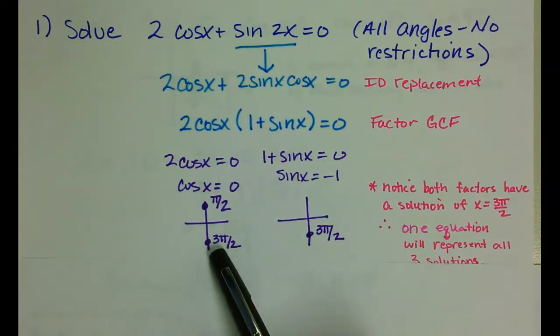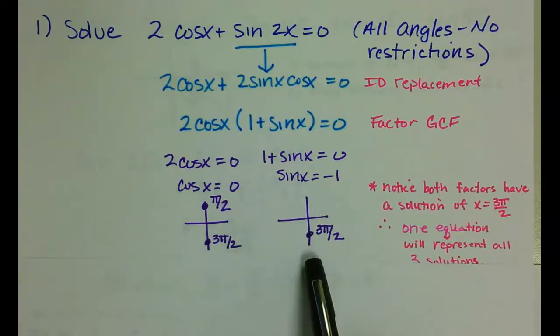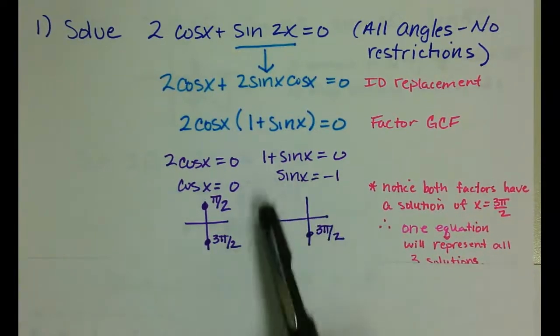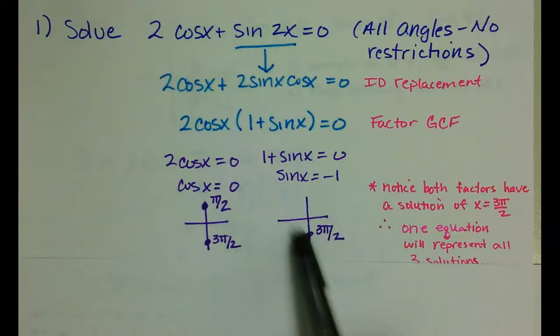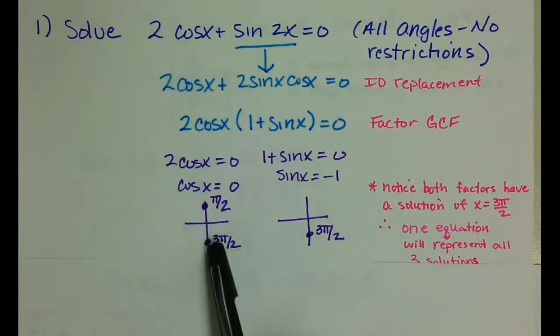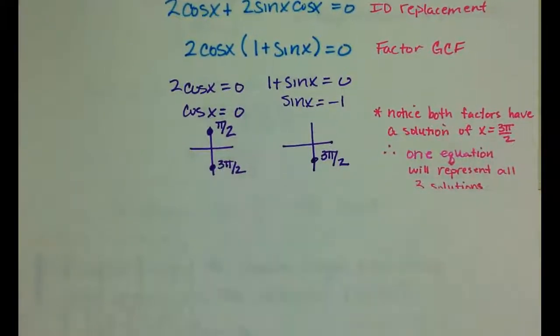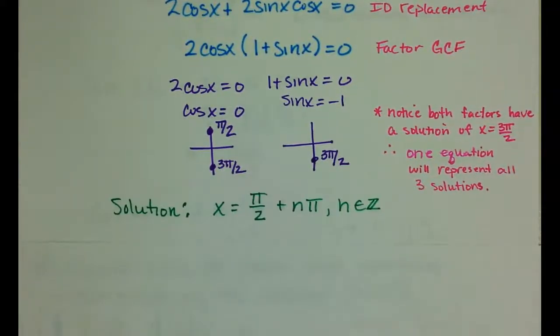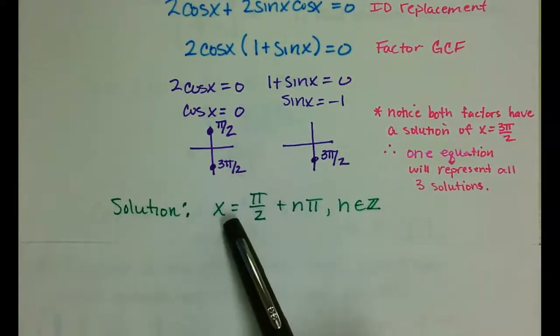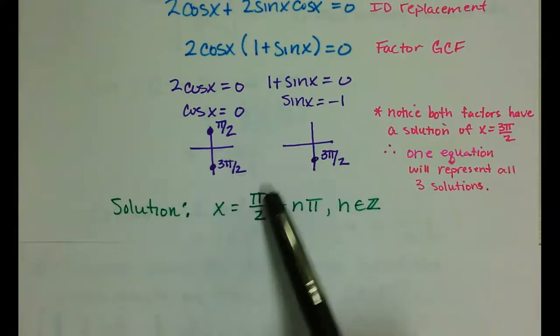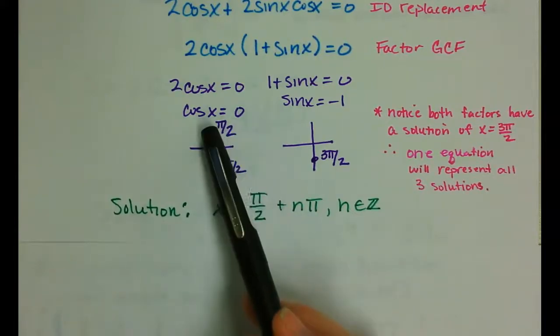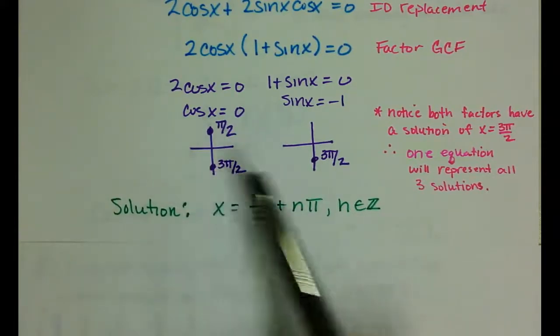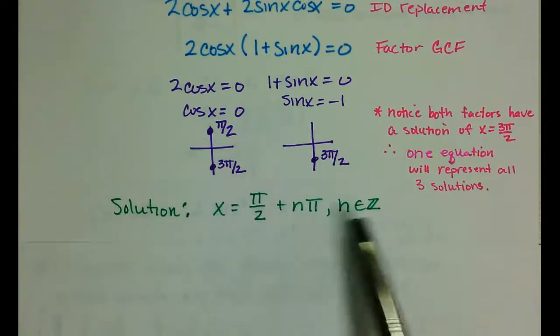But also notice that there's a 3 pi over 2 here and a 3 pi over 2 here. So I don't need to write an equation for this one, because this angle would already be represented in the first solution set. So when I write my equation, I'm only going to have one angle to use. So I'm going to say x equals, because it is a solution, pi over 2, because that's my small angle. Then I'm going to rotate it halfway around the circle, so I add in pi,